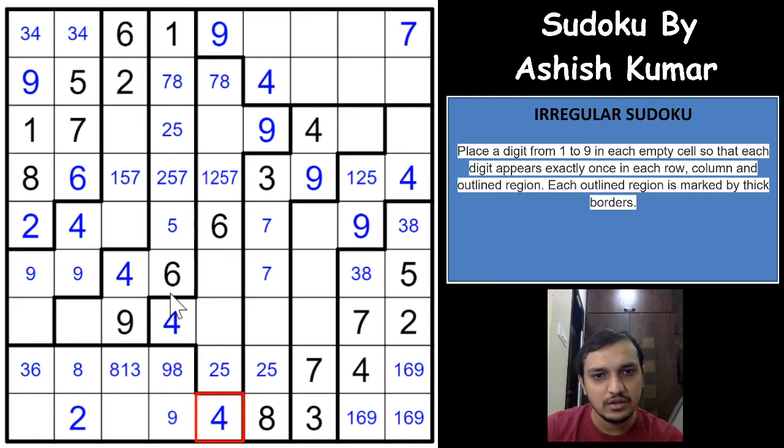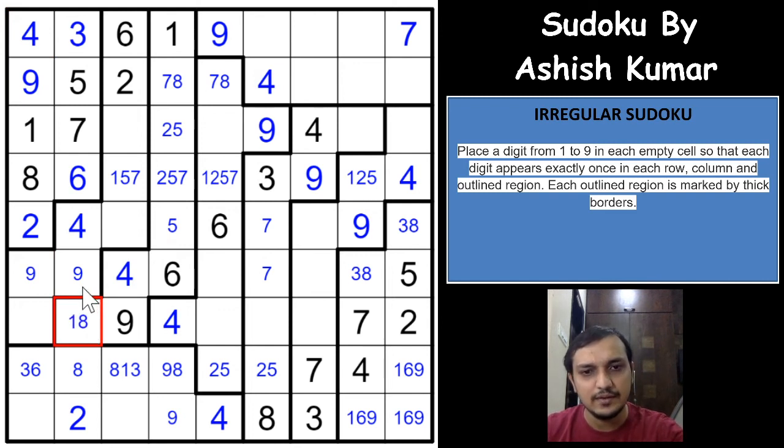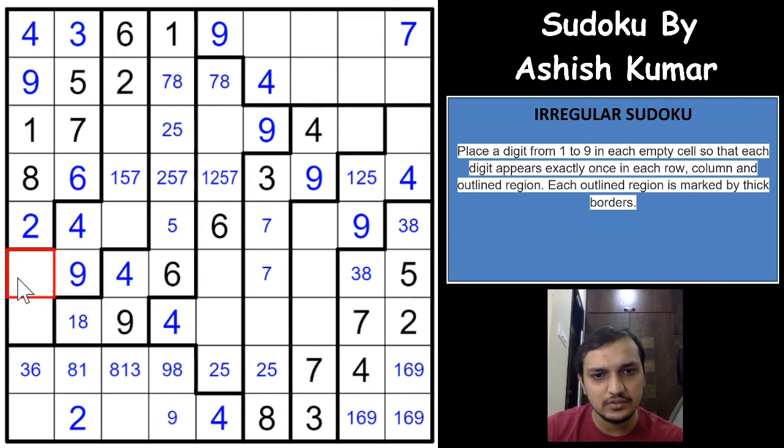Okay, and that should give us something. So have you marked all the 4s here? Yeah, so this 4 will give you a 3 here, a 4 here, right? And these 3 digits are 1, 9 and 8. 9 is not possible here, so it has to be 1 and 8, and 1, 9 and 8 here, and 1 and 9 here. 9 is not possible, so 1 and 8. So 9 cannot be here, 9 cannot be here, which means 9 has to be here. And does that give us anything?